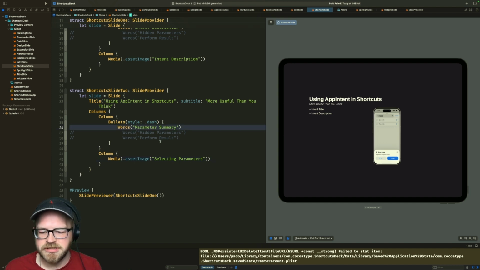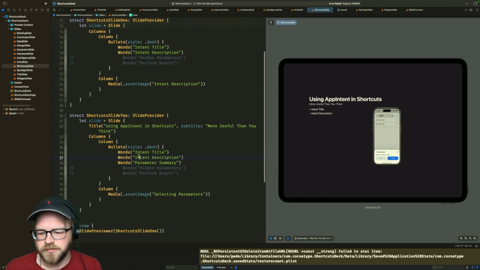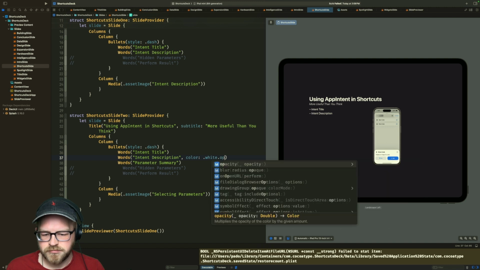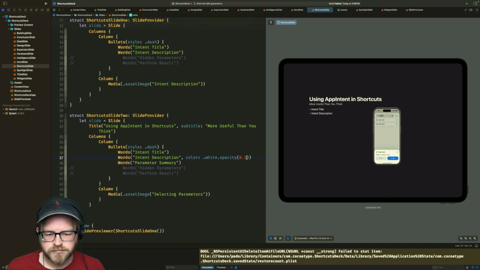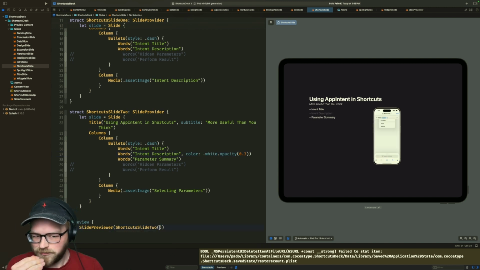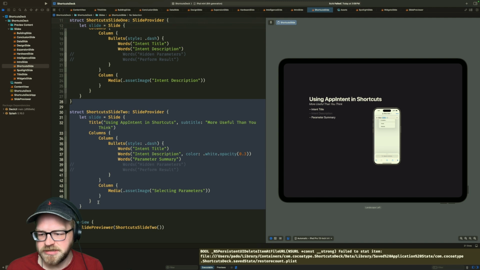And this shows us, still has our intent title, but it does not have our intent description. It does have our parameter summary. Hurrah.